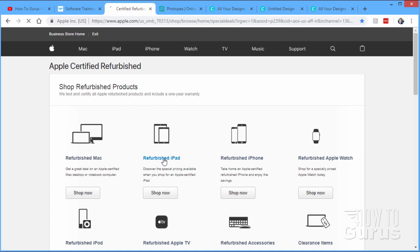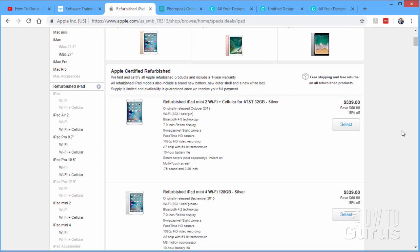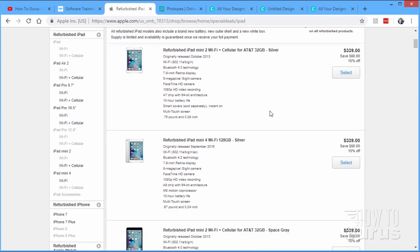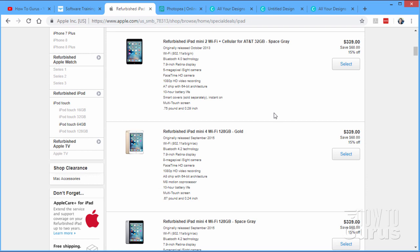Take a look at their iPads, for instance, in here. Now, they don't have any of their brand new stuff, but there's a good selection of almost new, and these have been refurbished, new cases. The screens are checked out and working, fixed if they have to be fixed. New batteries are placed in. They have the full 1-year warranty from Apple, so it's really a good deal. And as you can see, the prices are very good as well. So just a nice little tip here on a great place to take a look if you want to get some Apple hardware and you want to have the Apple warranty and Apple behind your purchase,